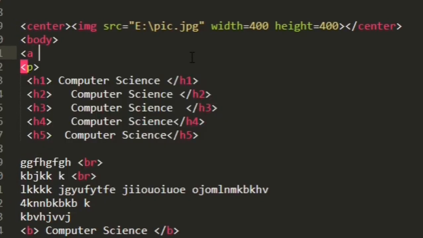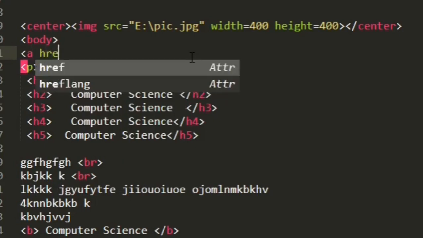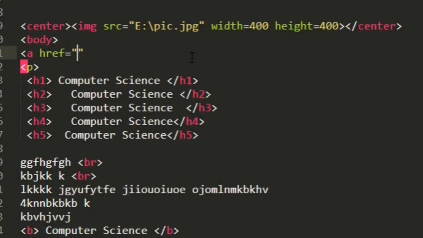And you have to write the name of the hyperlink. For example, I'm writing a href equal to, this is the page where you want to redirect.